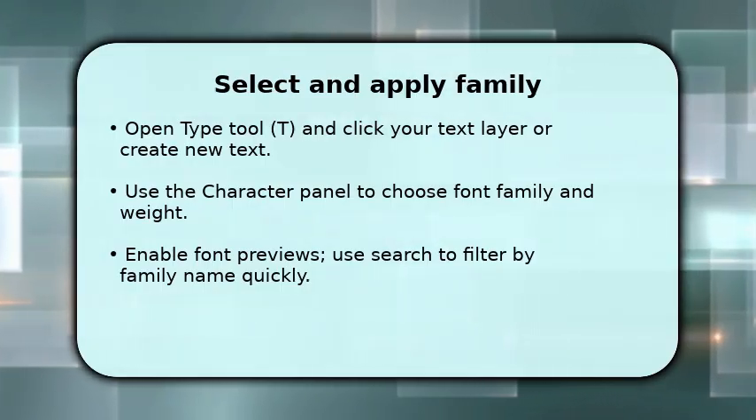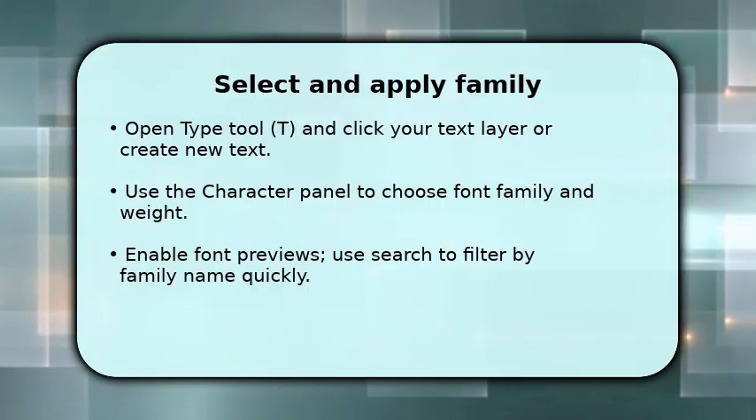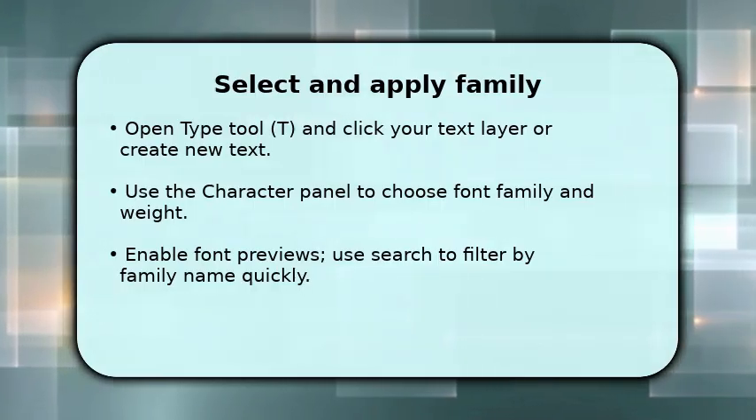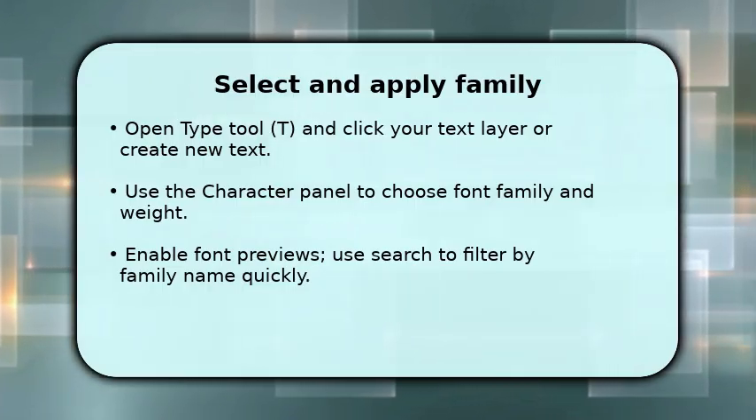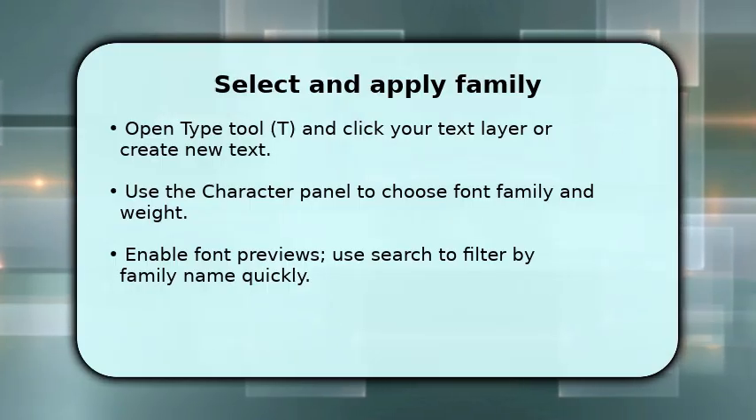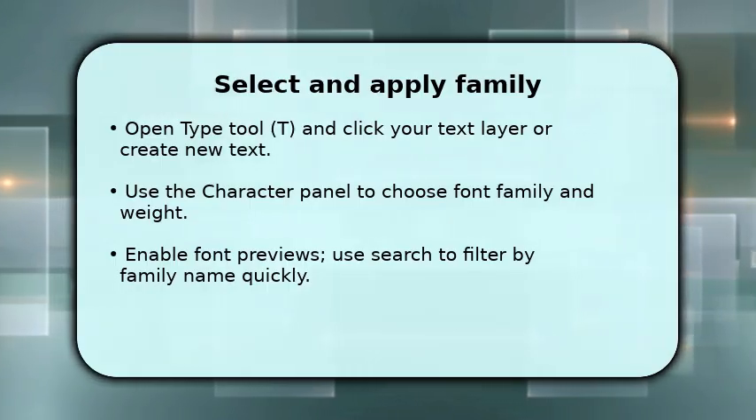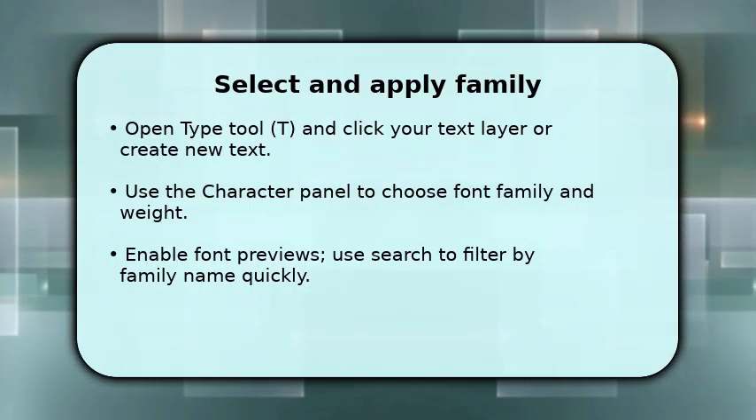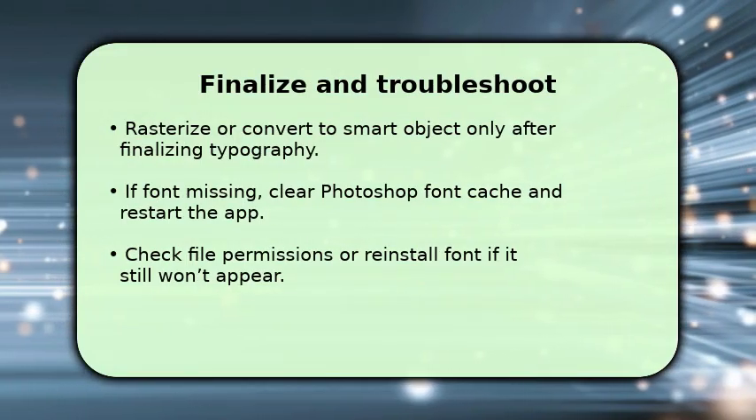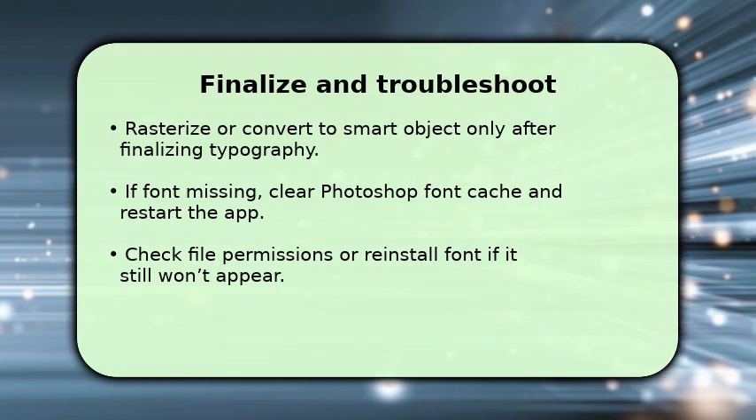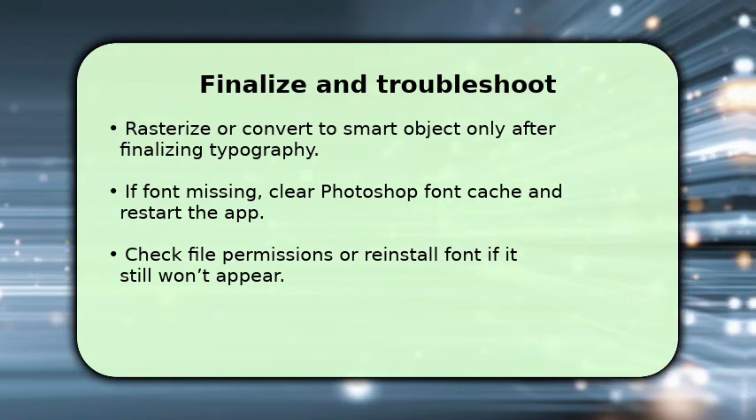Once you pick the family, choose the specific weight or style, regular, bold, italic, so the design reads correctly. If the family includes variable fonts, you can adjust the weight slider for fine control. Make sure kerning and tracking are appropriate for the chosen face. Finalize your layout by confirming sizes, line spacing, and alignment, then convert text to a smart object if you'll apply